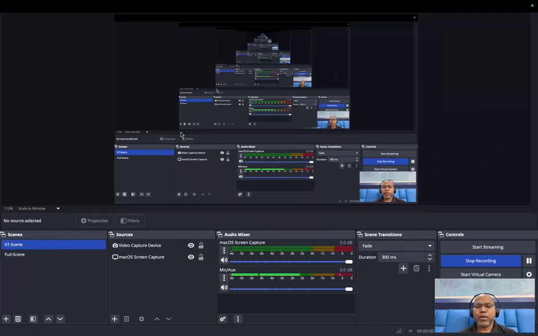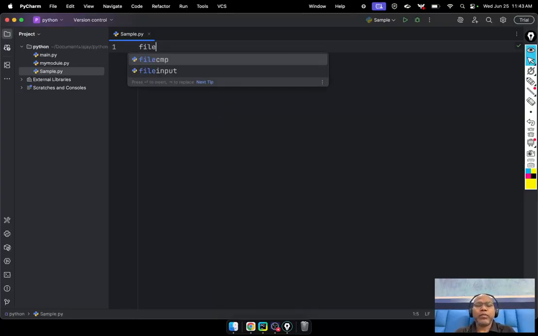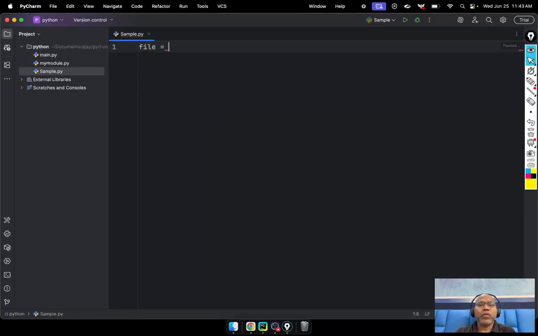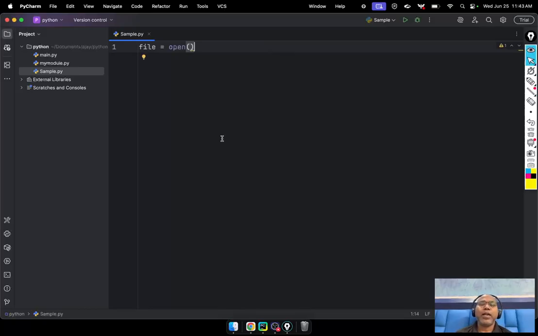So here you can simply say I want to open a file equal to the open function. And here you can pass your file name. Let's say this is my module file name. So how you can pass your my module file. This is the way you can open a file. And if you run this code,